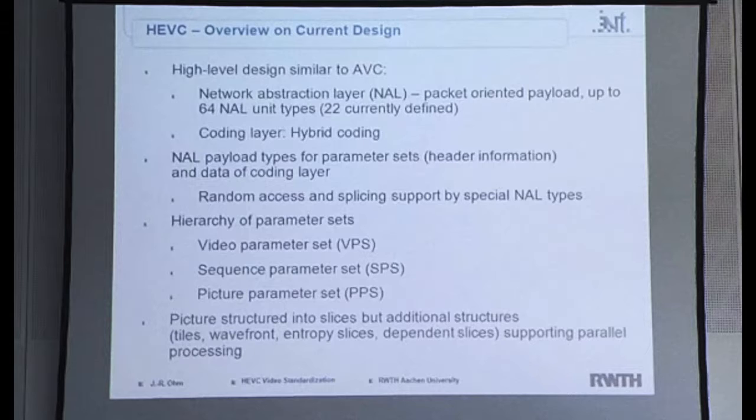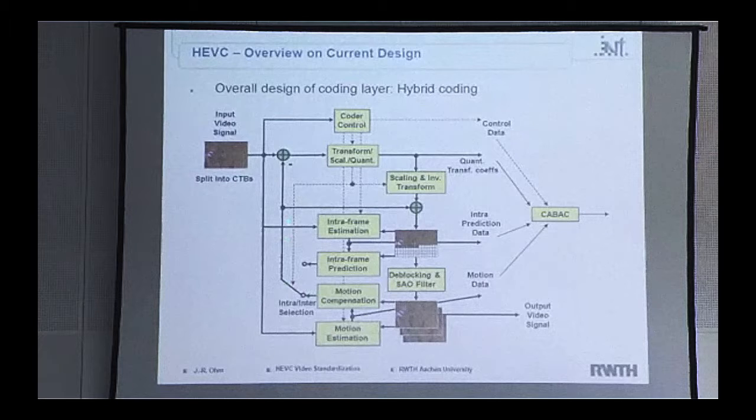You could almost take that as a block diagram of any video compression standard since H.261. It's what we call hybrid coding: motion compensation, and alternatively intra-frame prediction. So you can either predict from a different picture or from the same picture. But all of that is a prediction that is subtracted from the actual picture, and then you take the residual, you make a transform, and encode the transform by entropy coding. Of course, after quantization, you reconstruct, and then you do the same again. That's in principle the old story.